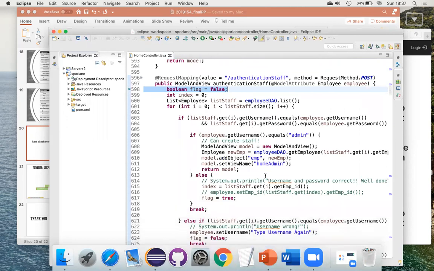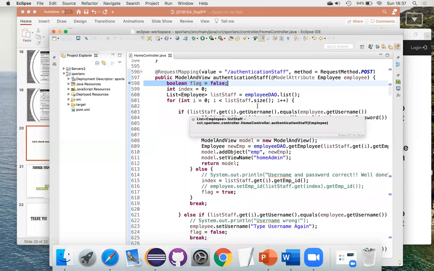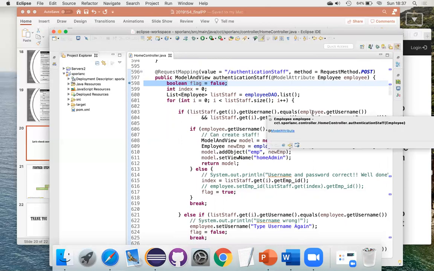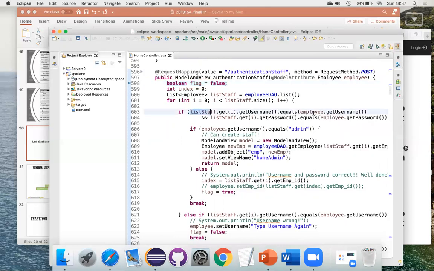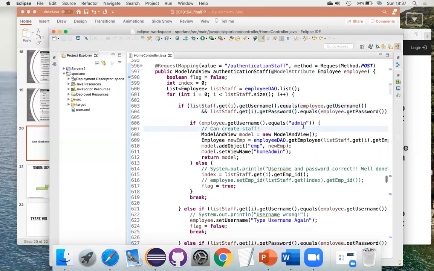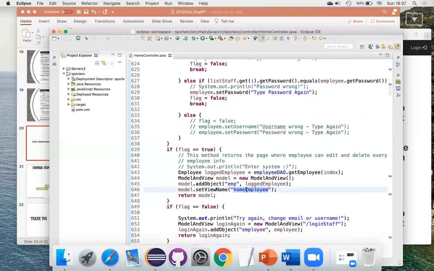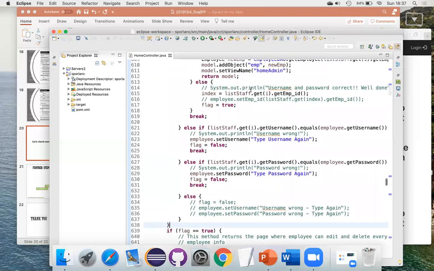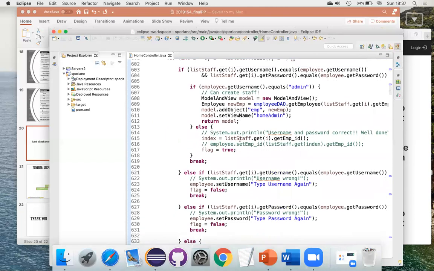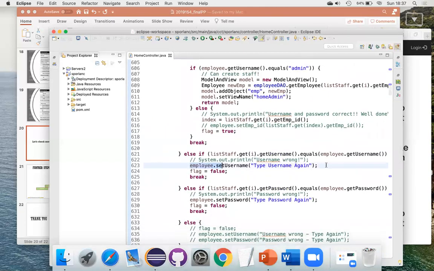Here, I will have the authentication that I thought was the right way to implement security, but it is not the right way. What happens when the input of the user is there? I will check in the database if both are correct. If so, they will enter the system. If it is admin, and there is only one admin, he will go to the home admin. But if not, he's going to go to the home employee. If the data is incorrect, he will be put on the login page again, and then he will know which detail is incorrect.